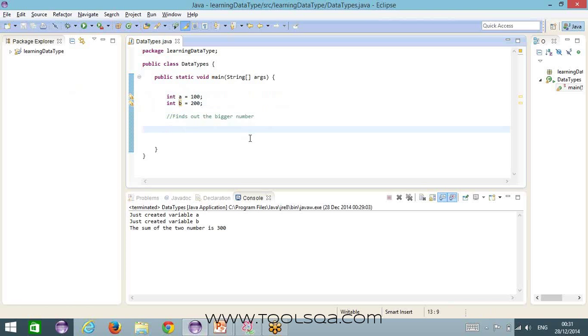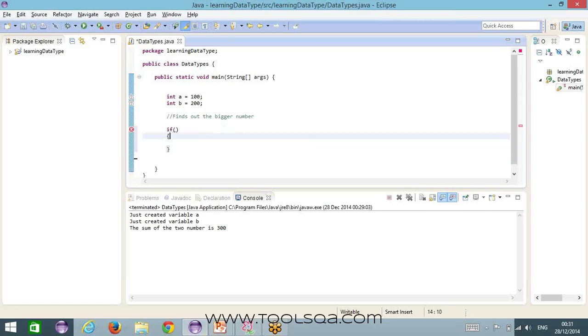So the first statement that we have is the if-else statement. Now, an if-else statement is written like this: if, and then these two brackets and a curly bracket, opening and closing. Now in these brackets there should be a Boolean expression. Boolean expressions are the ones which result in a Boolean value. You have seen the relational operators earlier, right? So if I say A greater than B, now this is a Boolean expression, right? If A is greater than B, it will give me true or false based on the values of A and